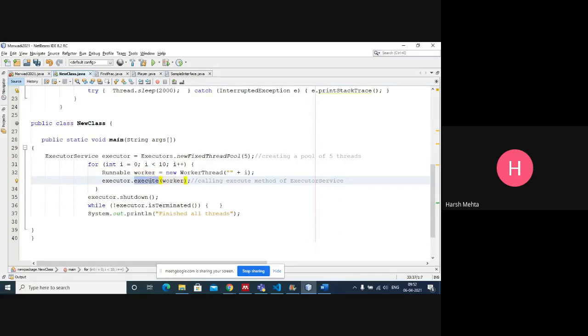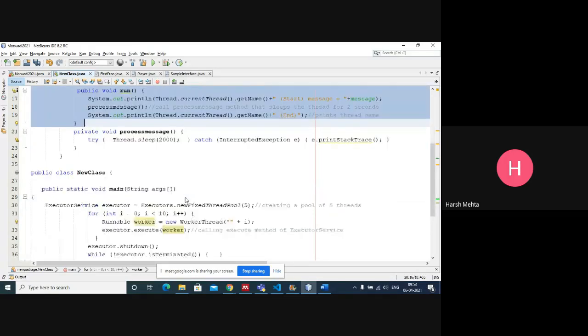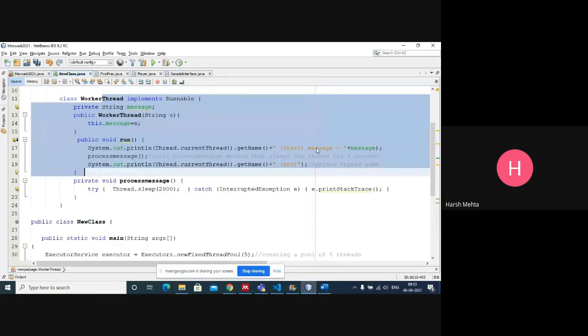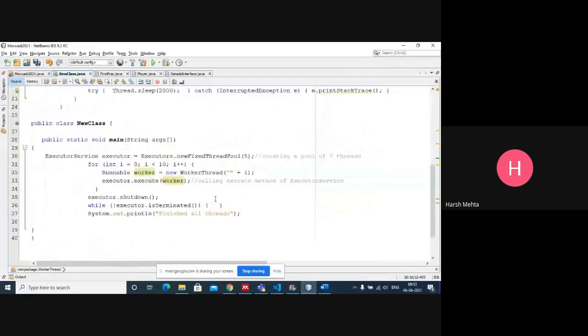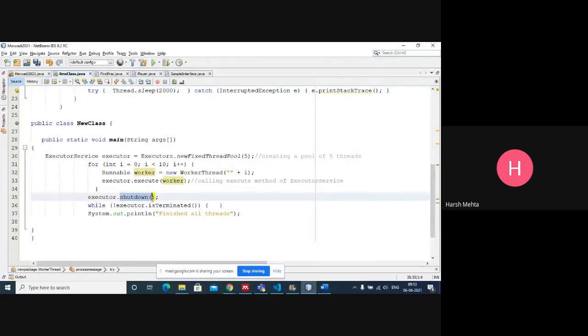Now we are calling the execute method of executor for this worker thread. It keeps running 10 times and prints some message, and it sleeps for 2 seconds. Then we are shutting down, and once it's shut down, we write finished all threads.